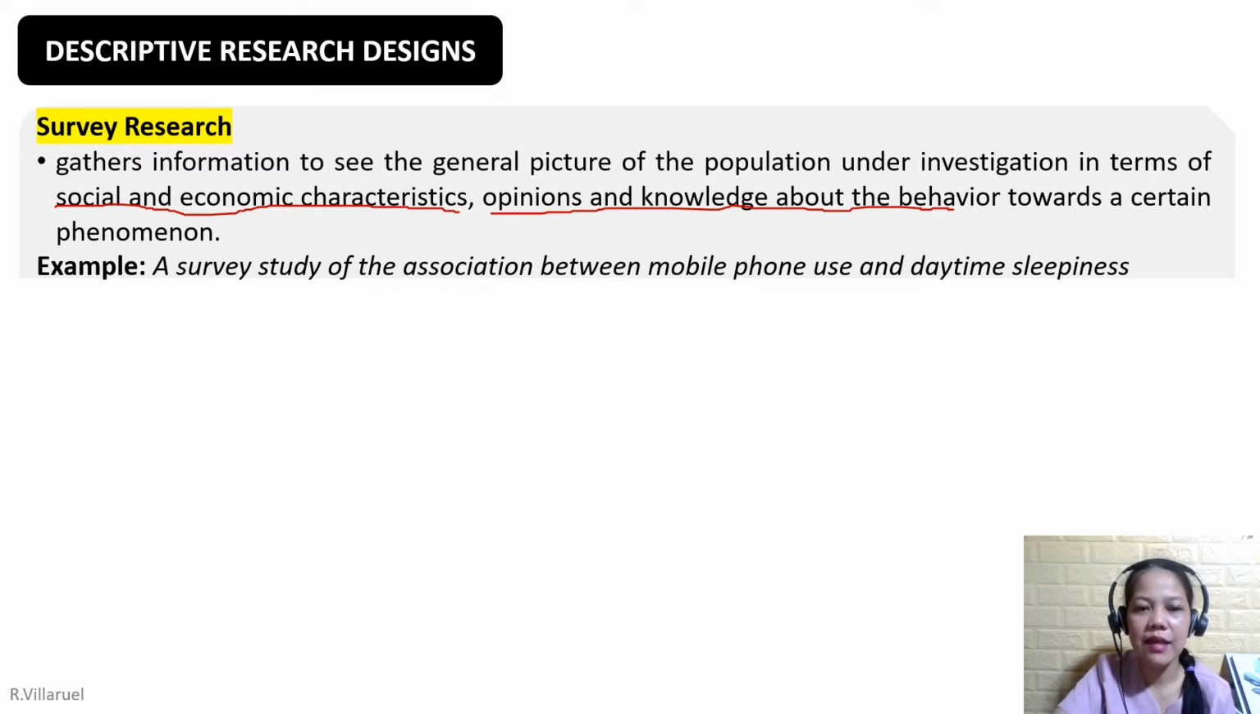Hindi porket questionnaire ang inyong research instrument, automatically ang magiging research design nyo ay survey research na. Baka meron pang mas applicable na research design na maaari nyong gamitin sa inyong study. So example, a survey study of the association between mobile phone use and daytime sleepiness. This one falls under social phenomenon, and you can automatically apply survey research. Next, we have